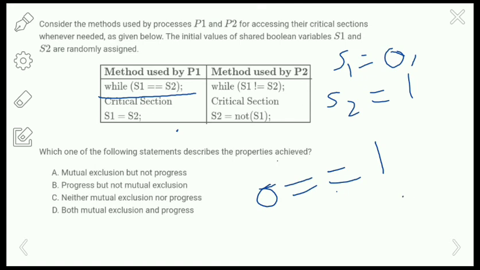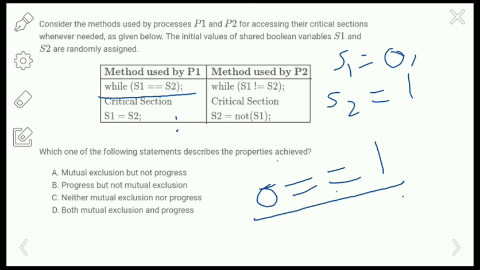So that's why we are going to enter the critical section, and the process P1 will enter the critical section here. If the given condition is false only, then it can enter the critical section, or else it won't allow the process to enter the critical section. So here the given condition is false, that's why the process P1 will enter the critical section first.